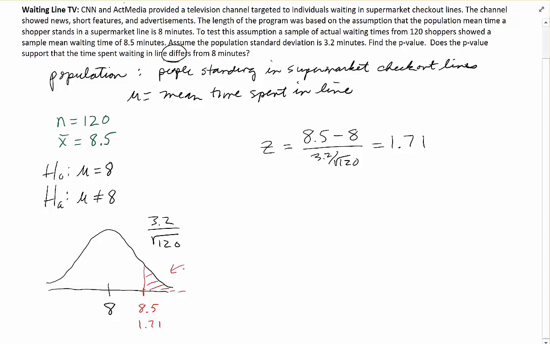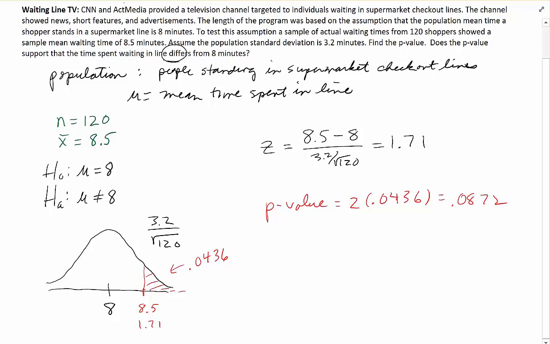So this area is 0.0436. But that's not the p-value because this is a two-tailed test. The p-value is equal to 2 times 0.0436, which equals